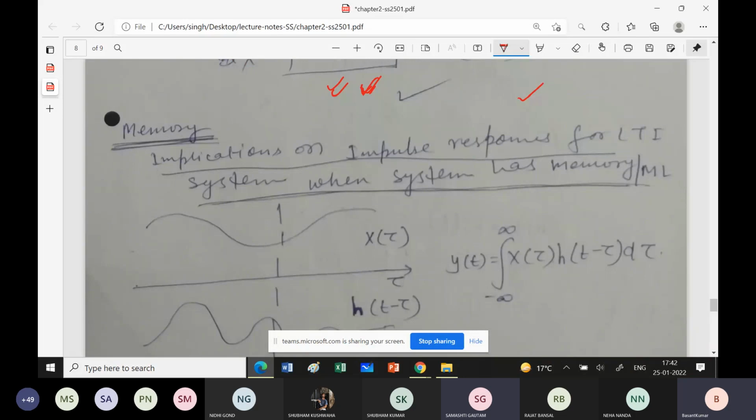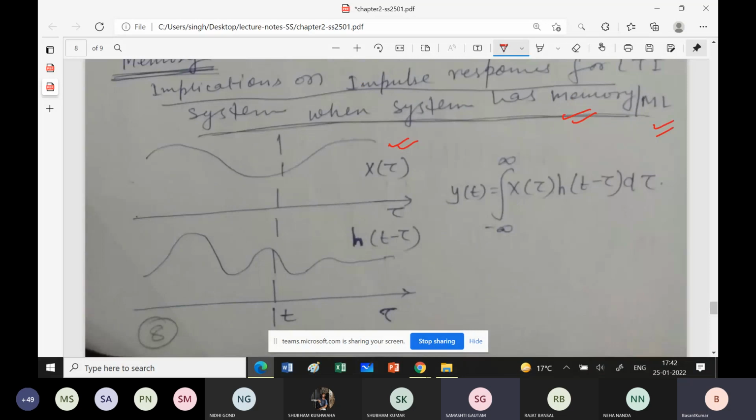So implication of impulse response for LTI system when system has memory or system is memoryless। सिस्टम के पास मेमोरी है या फिर सिस्टम मेमोरीलेस है। ठीक है, तो एलटीआई सिस्टम के इम्पल्स रिस्पॉन्स पे क्या फर्क पड़ेगा। मान लीजिए कोई सा भी सिग्नल है, h(τ) है और इम्पल्स रिस्पॉन्स उसका, किसी भी सिस्टम का, h(t−τ) है। ठीक है, तो आप रिस्पॉन्स इस तरह से कैलकुलेट करते हो।